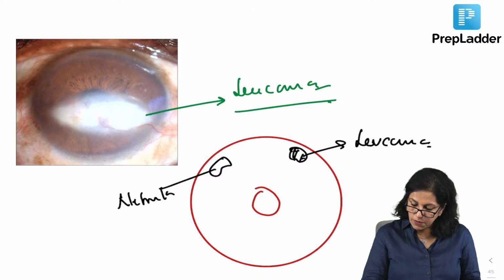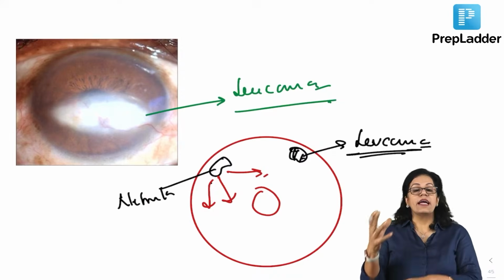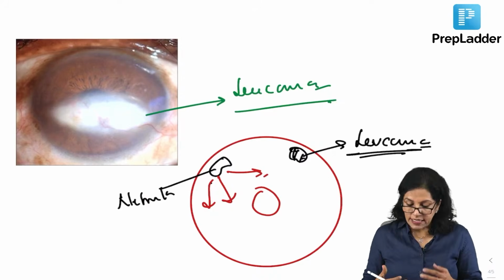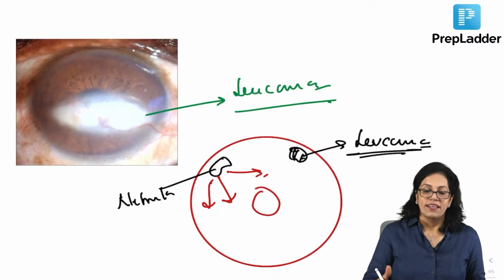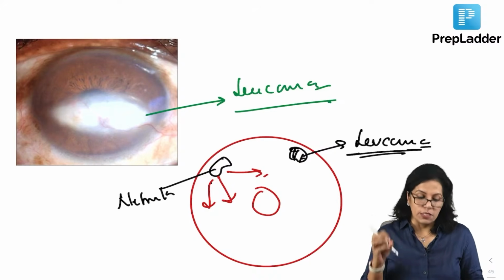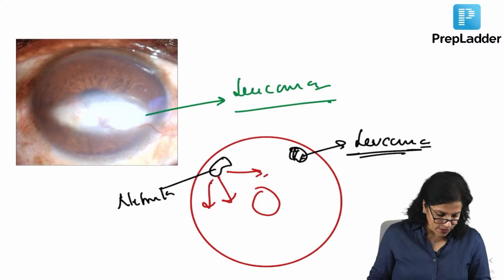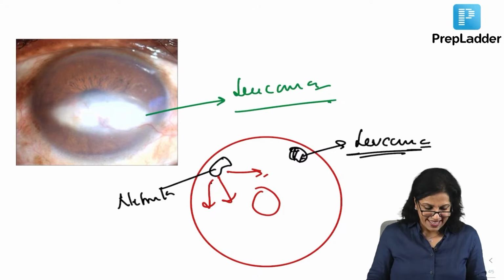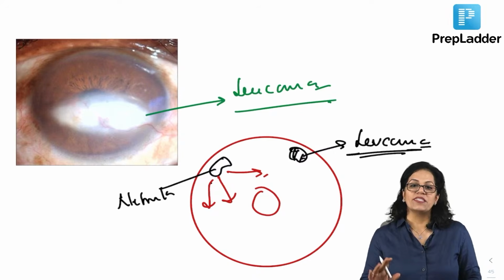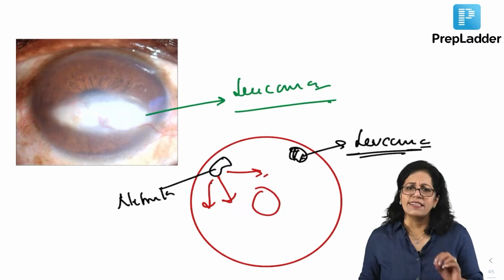Both are peripheral, suppose. It is mainly the nebula. Keep that in mind. Why? Because it will diffract light. Because it diffracts light, it is going to affect even the normal cornea, whereas a leucoma just obstructs light. Yes, all of you are clear with this, na? Very good. Yes, you all have answered correctly, so you know this question. These are the only two questions around opacity that have ever been asked in any exam.